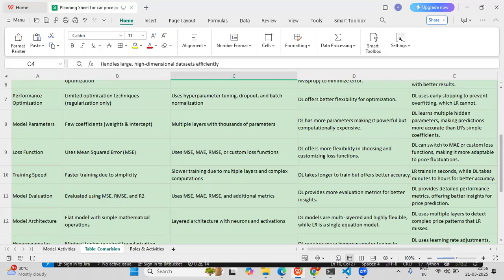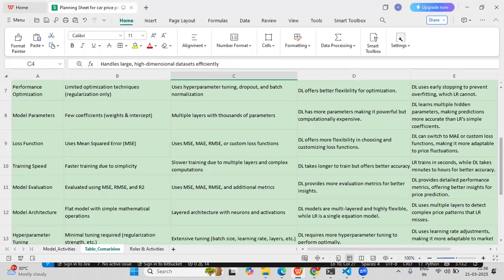Deep learning takes a longer time to train the model, but offers better accuracy than linear regression. Linear regression trains in seconds or even minutes, while deep learning takes a lot of time, minutes to hours, for better accuracy. If you want better accuracy, obviously you will prefer deep learning models.